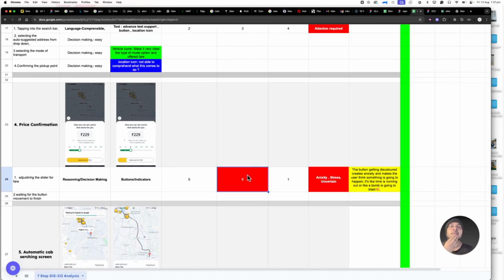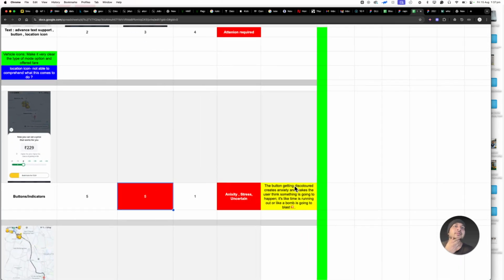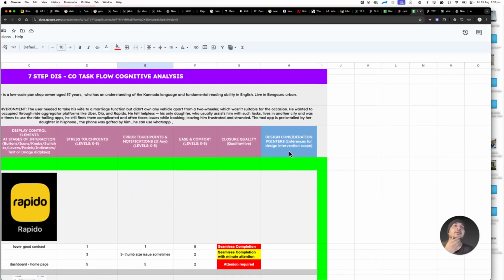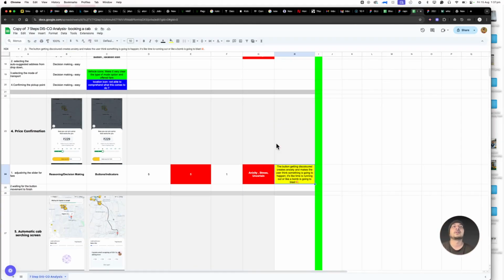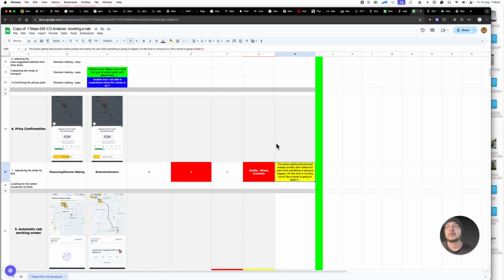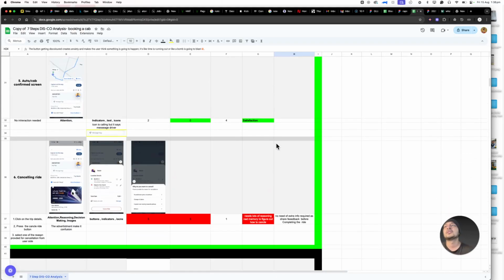So that's why the stress point was 5. Okay, there was a lot of anxiety and uncertainty about what to be done. Okay, design consideration: here we have given that the button getting discolored creates anxiety. We just talk about what is happening in that certain task, so that this is the consideration pointer the designer will take from here. So similarly, you just map out the full task flow analysis